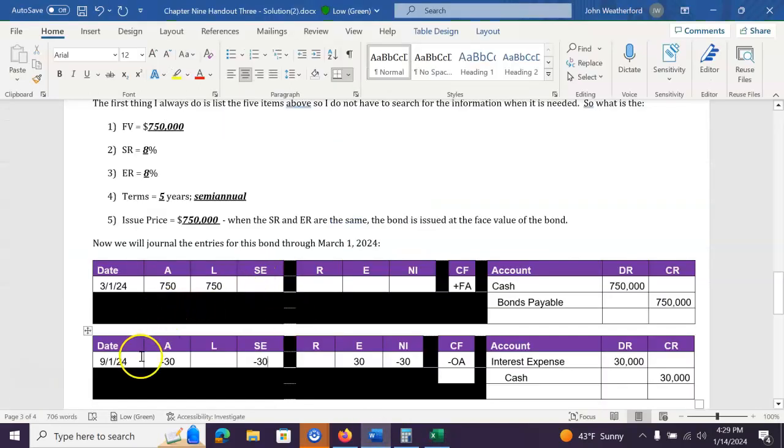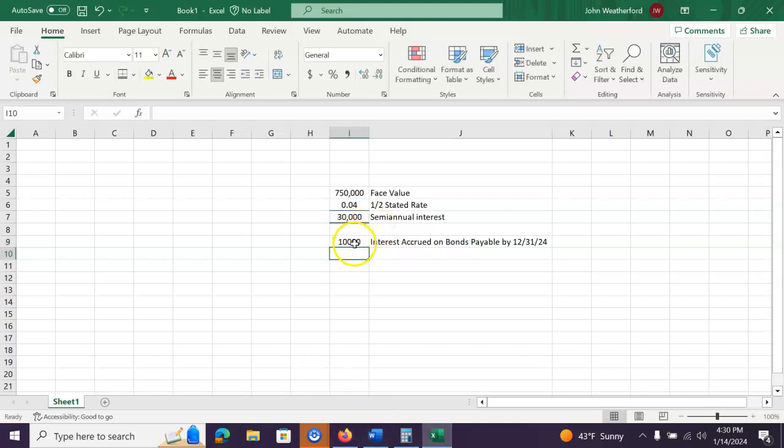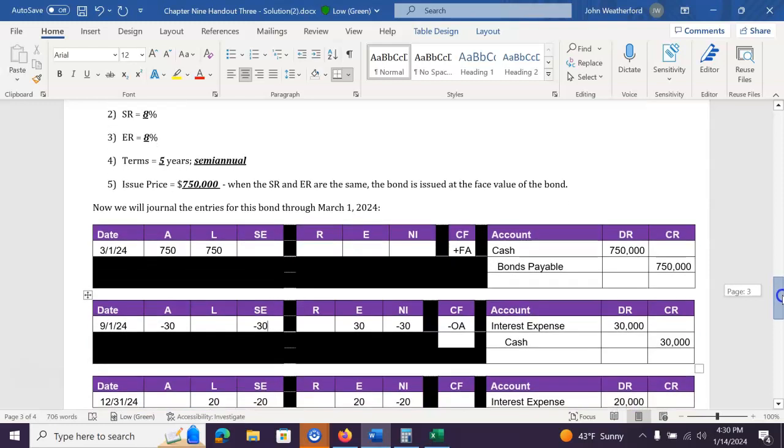The last interest payment was made on September 1st. So how many months passed by December 31st? Well, you've got September, October, November, and December. So 4 months. So times 4 divided by 12 gives us $10,000 of interest built up on the bonds by year end. So that will be the amount for our adjusting journal entry. We debit